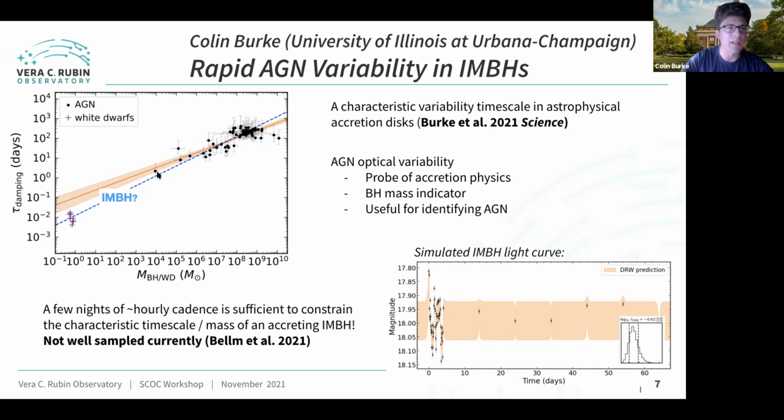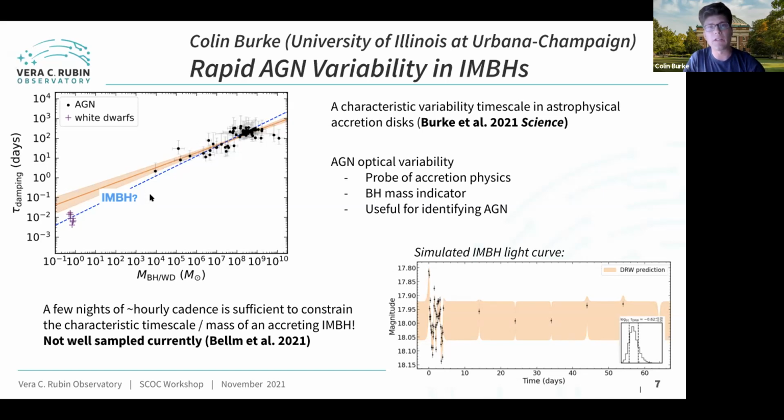And when we extend this relation to stellar mass accreting systems, so those are the magenta plus symbols down there, those are nova-like white dwarfs, which have optical variability from a rapidly accreting accretion disk around the white dwarf. If we extrapolate our relation, we find it's close to what we would expect from AGN accretion disk variability. And so in between is timescales of tens of hours where we would expect an intermediate mass black hole that's rapidly accreting to show variability. And beyond that, the variability power would saturate and be difficult to detect.